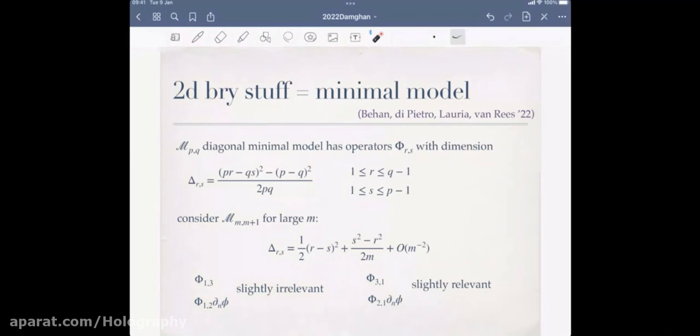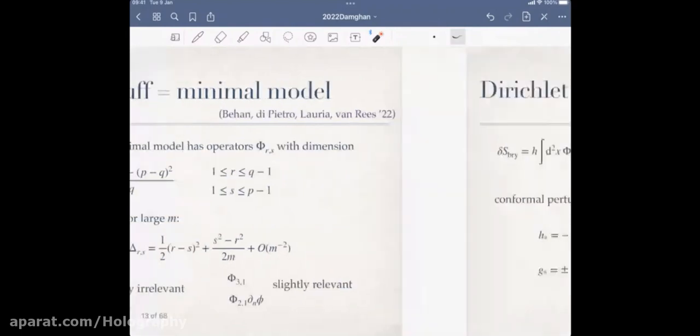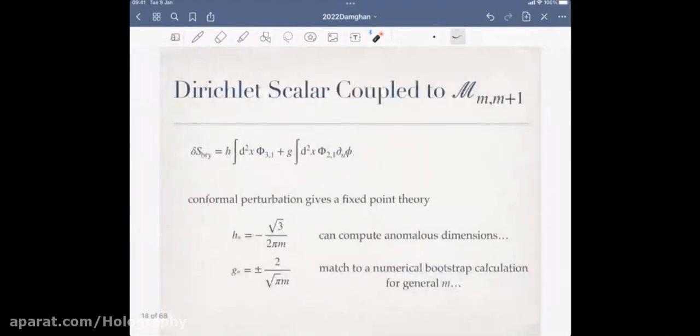Now I wanted it to be marginally relevant, not irrelevant. So probably I should switch the order of the r, s's, and then I can change the sign of the second term. And as a first pass, let's take a look at these two operators and see what happens. And that's what these fellows did. And it was a good idea. So it turns out when you add these two operators to your free scalar field, phi 3,1, phi 2,1 coupled to dn phi,